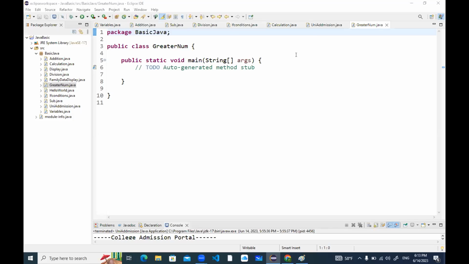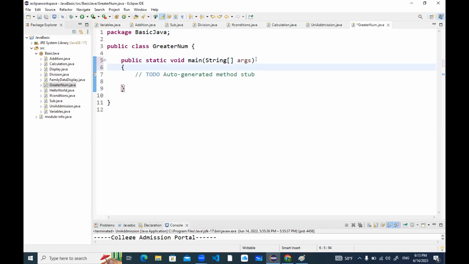Guys, we create a new file with the name greater numbers. So we are practicing what? We will check two numbers to see which one is greater. For checking that, first of all, we need to know the input of our program, and we need to know the output of the program. For doing that, first of all, we need two variables, int